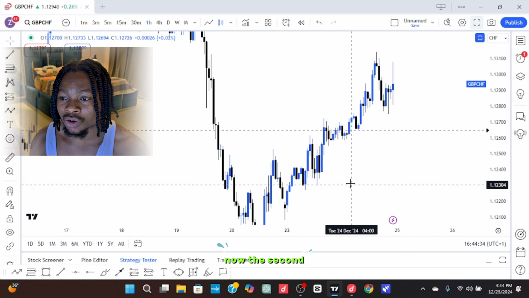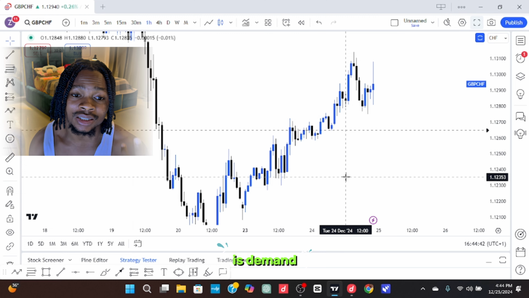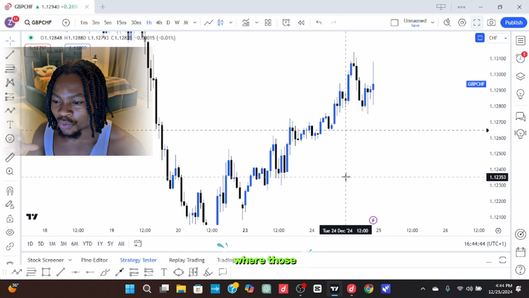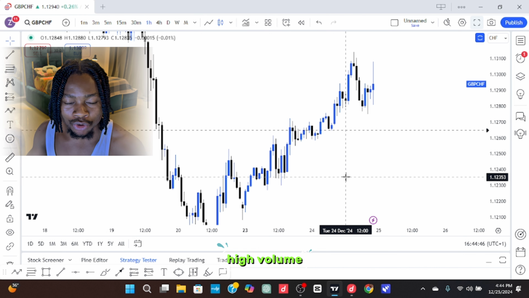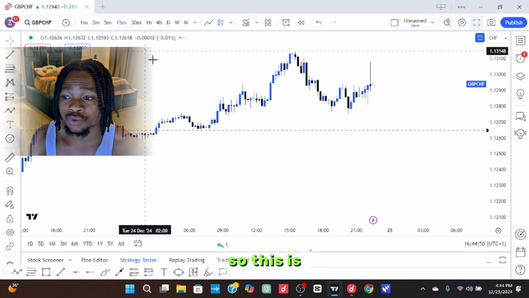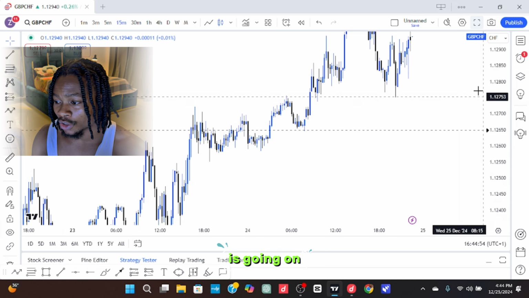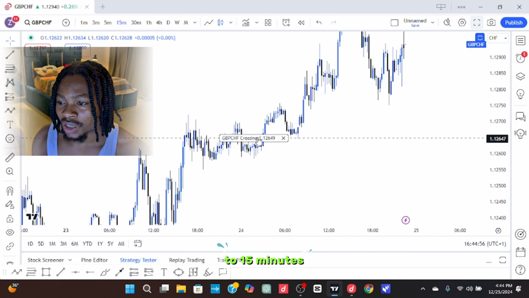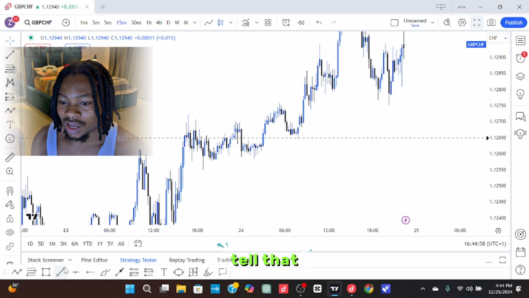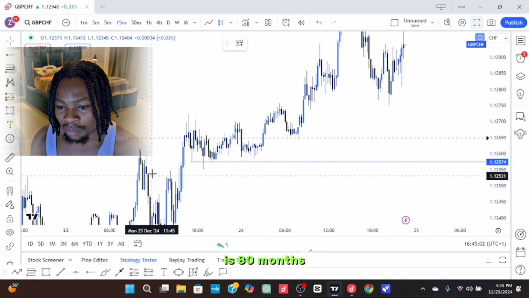Now the second thing I need to find out about the chart is demand zone, where price has high volume of both buyers and sellers. So this is where I go down to the lower time frame, like 15 minutes, to see what is going on. Now according to 15 minutes, you can obviously tell that this point right here is a demand zone,